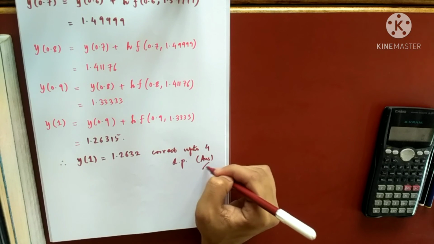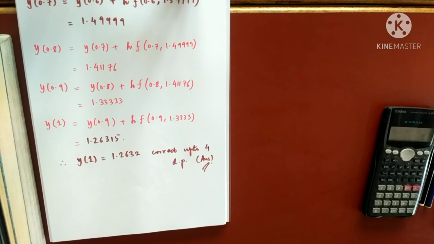This is our answer. So this value of y1 is guaranteed by Euler's iteration formula. This is all about the Euler's iteration formula. There is nothing new. I have done 2 sums, but the process of doing the sums remains the same. Whenever h is not given to you, the choice of h should be taken by you. Choose such an h, so choose a smaller value of h.